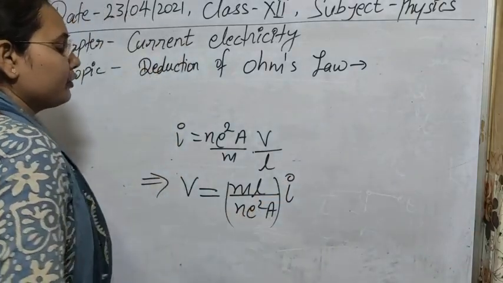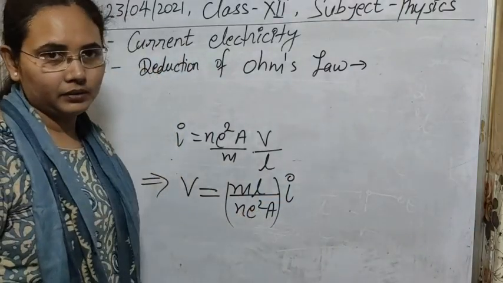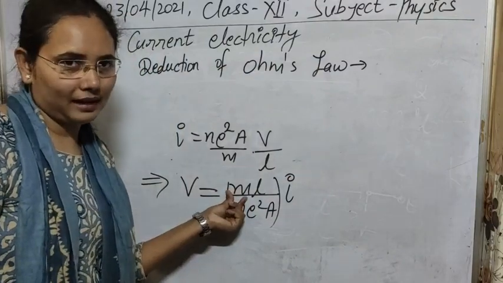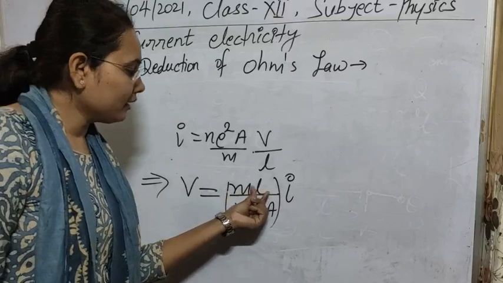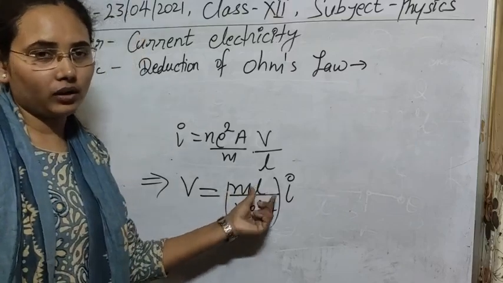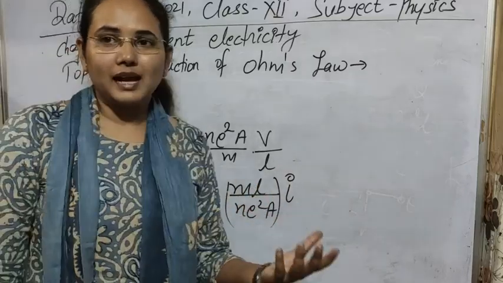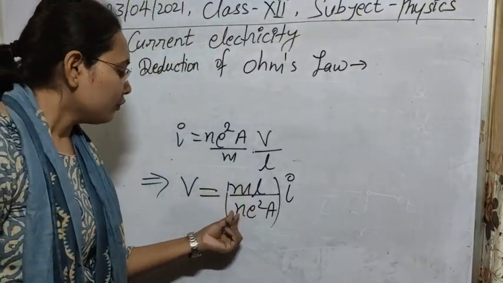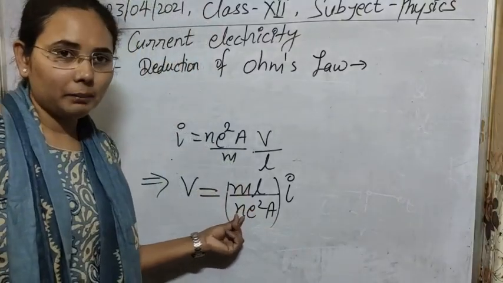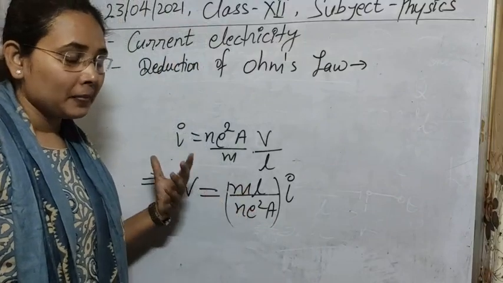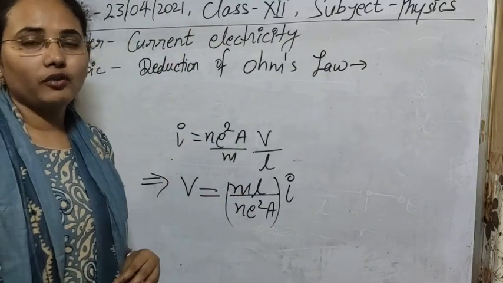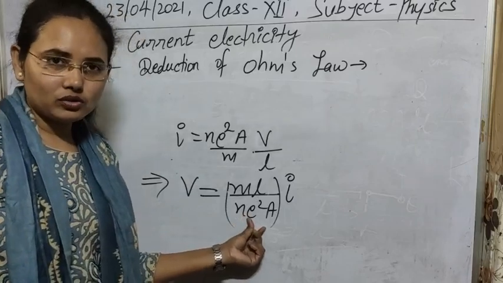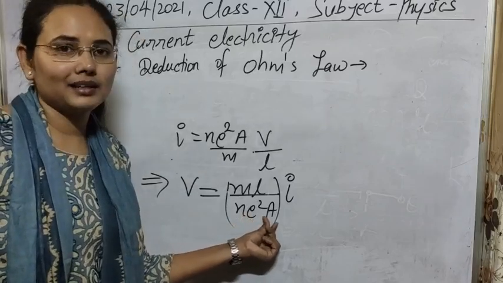And from here, if you see this whole bracket term, in this whole bracket term, m is the mass of the charge, that is also constant. L is the length of the conductor, we have taken it already. We are taking the precise finite length for the conductor, that is fixed already. Small n is the number density of electrons, meaning the number of electrons per unit volume, that is also a constant number. e is the electronic charge, that is also constant, and A is the area of the conductor, it is also constant.